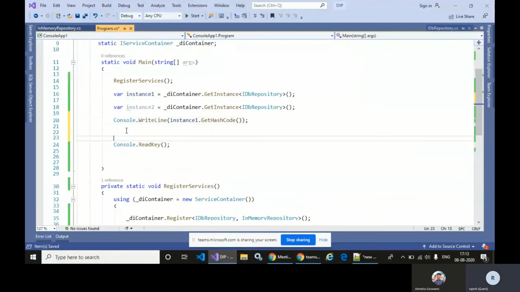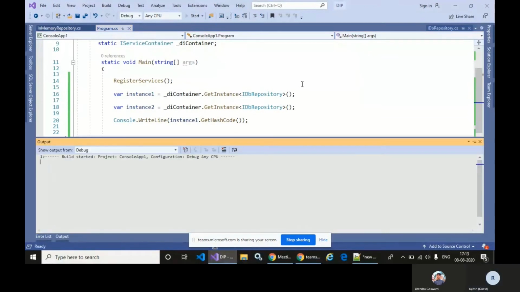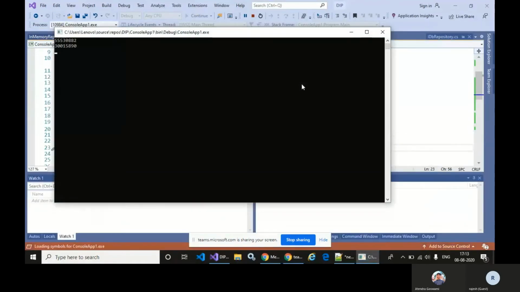Let me copy paste and change the instance name, and now let's run it. So friends, here you can verify that the hash codes of two different instances of the same service are different.